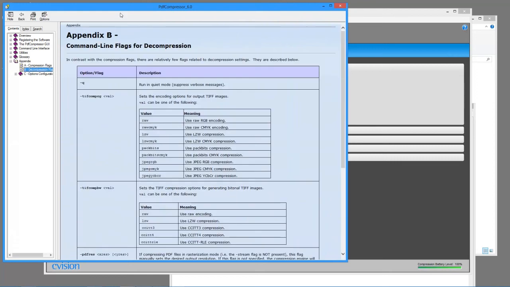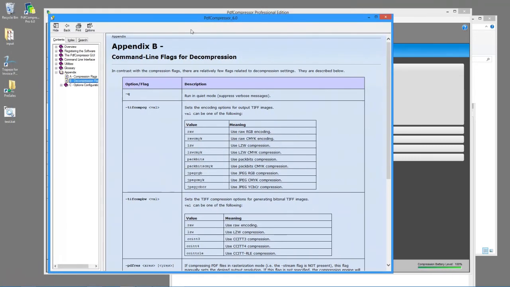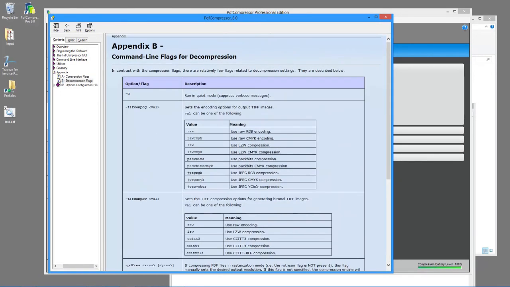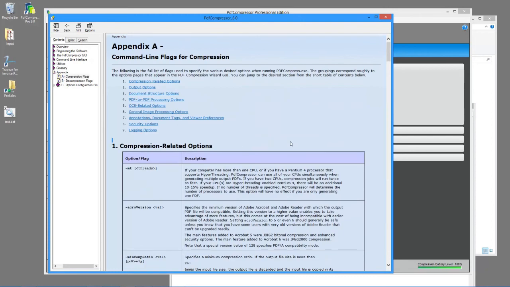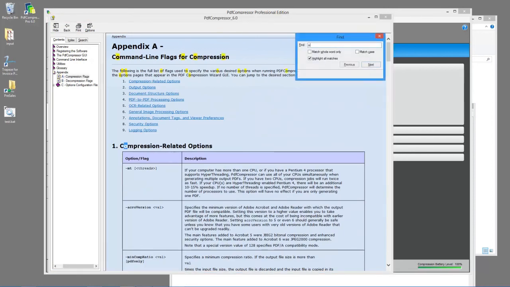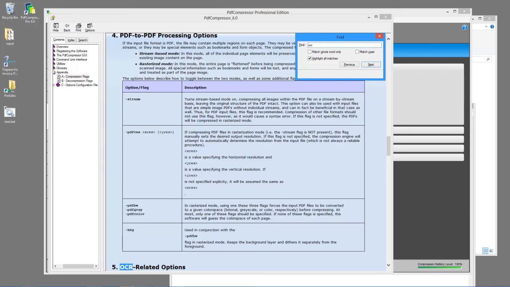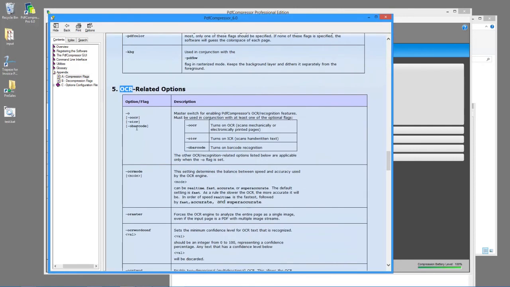If I go here to compression flags, you'll see each of those flags in that batch file there. They're all here, so if I go to, let's say, if I search OCR, you'll see here some OCR related options. You have your OCR mode, so you can define whether or not you want fast, accurate, or super accurate,